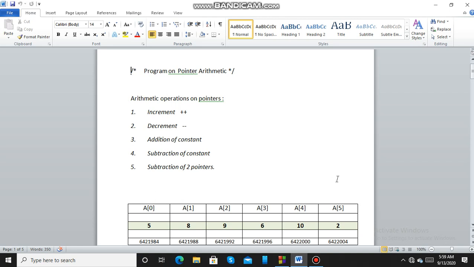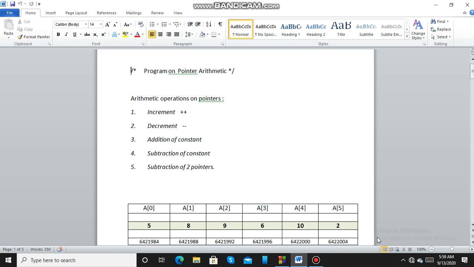Today our topic is pointer arithmetic. First let us see what a pointer is. The computer memory is a sequential collection of storage cells, and each cell is known as a byte, and every byte has a unique address number. Now a pointer stores this memory address, which is nothing but the location of a variable in the memory where the